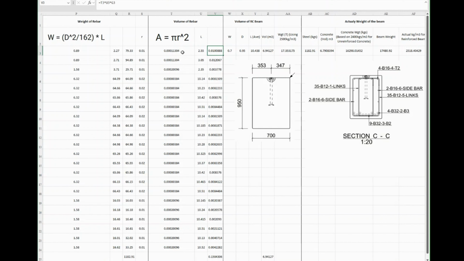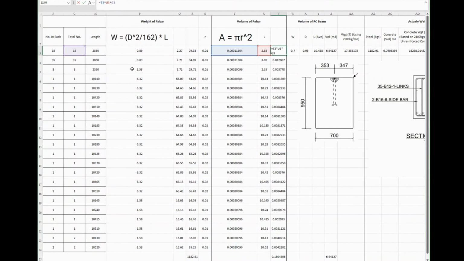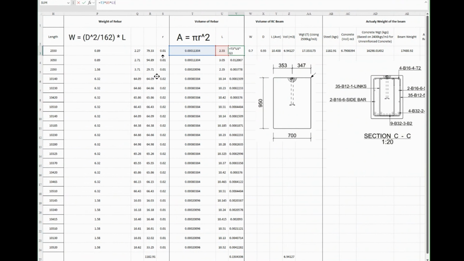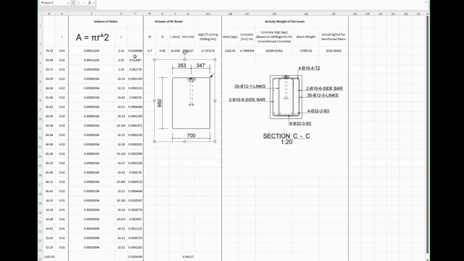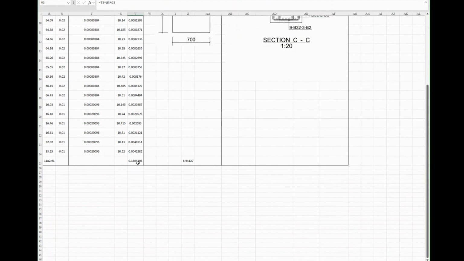Okay, so what we're doing here is we have our pi r squared, we have the length of that bar, and we have the total cubic meter. I'm multiplying it by our 35 number. So the volume of bar mark 01 is 0.01 meters cubed. This is just volume in meters cubed. The total volume is 0.15 when we add them all up together. So there's 0.15 cubes of steel